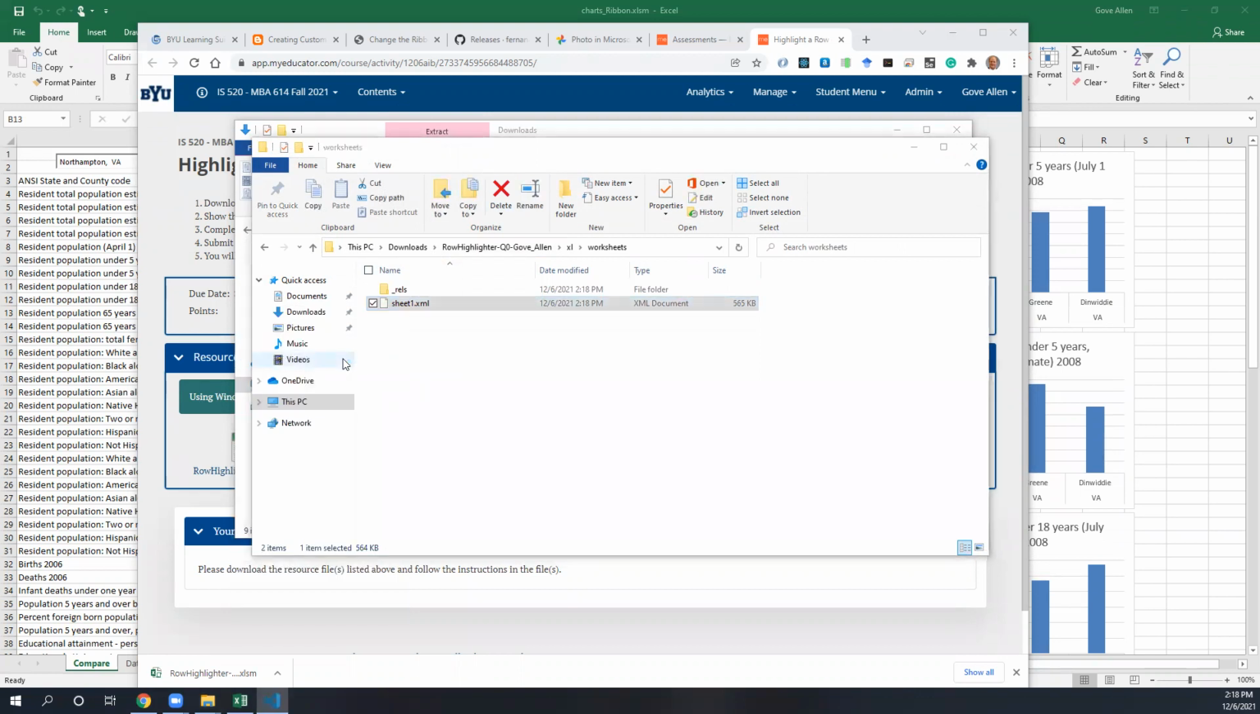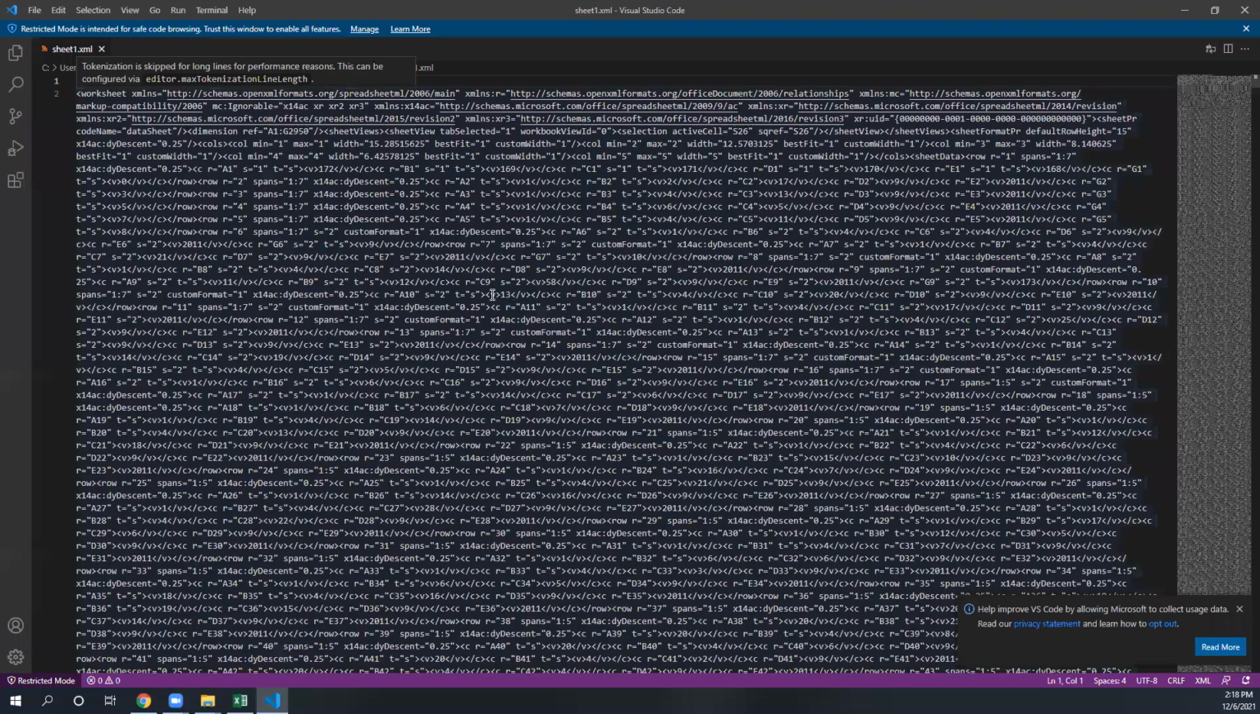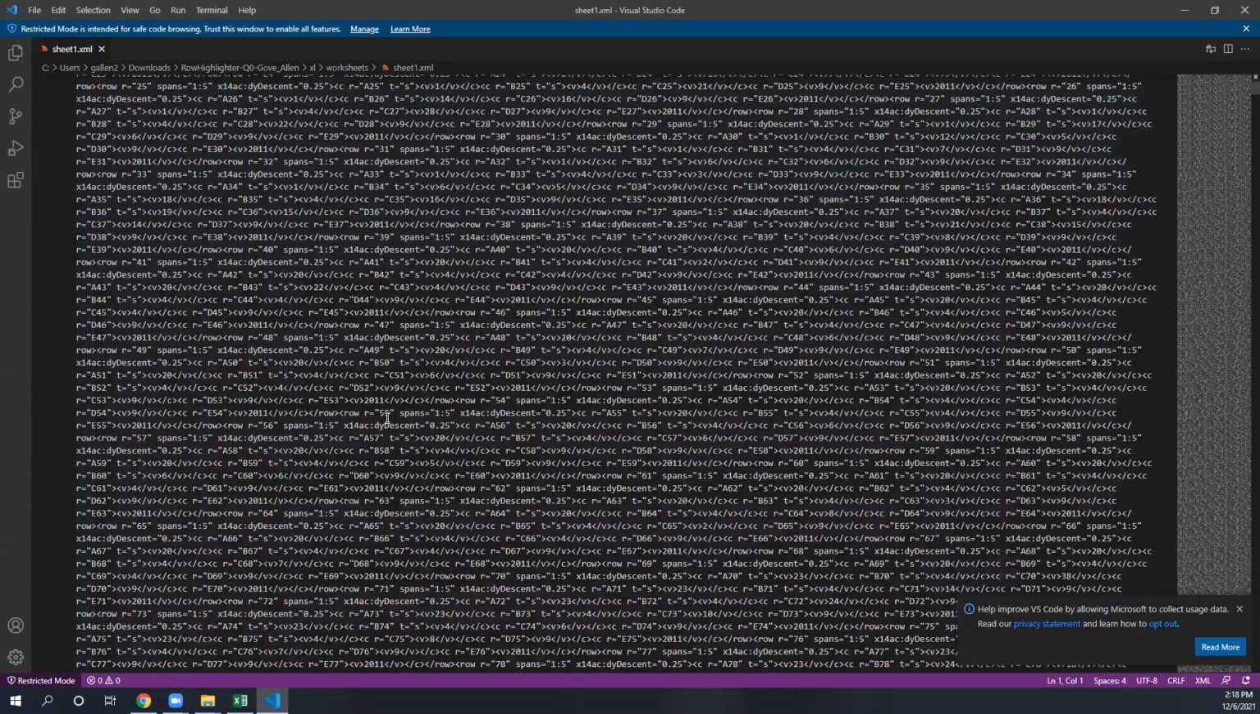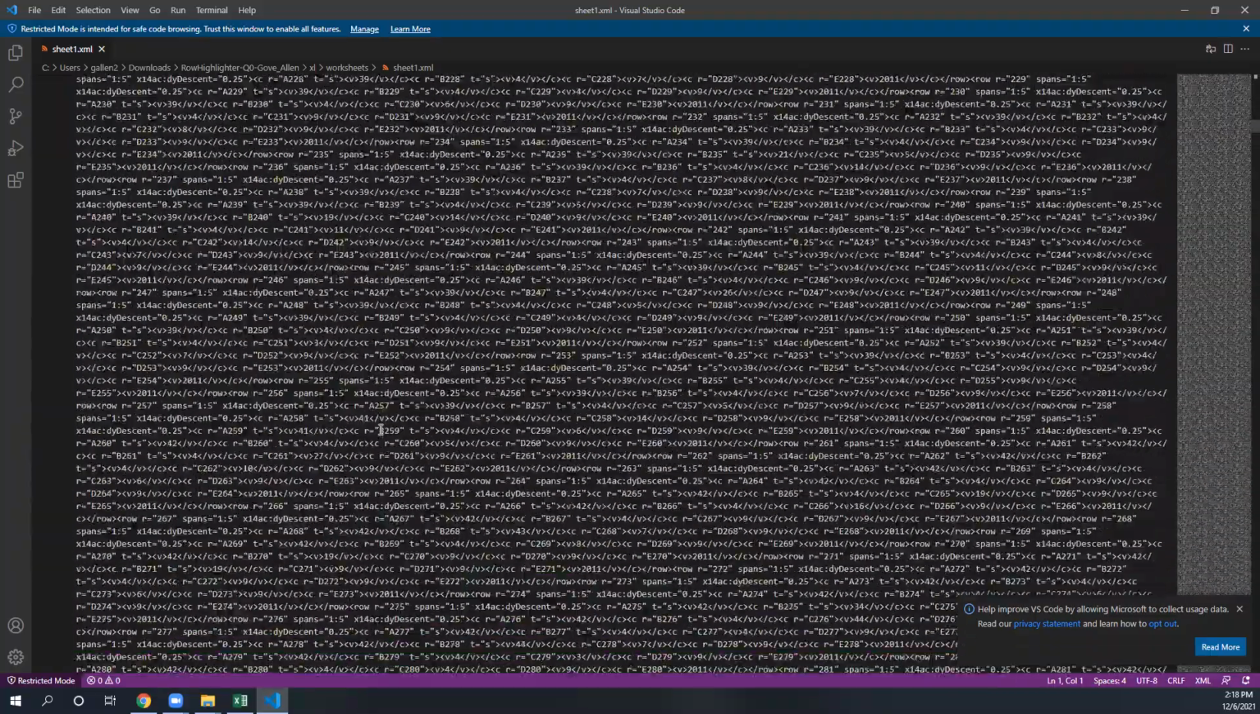VS Code is just a text editor. It's one that I happen to be familiar with. It's one of the few things that was actually created at Microsoft, not acquired by Microsoft, that is really quite excellent. So this is the format of the data for that workbook. And we should be able to see some values in here. Yeah, so there's a value right there, 2011. I forget what this data is,